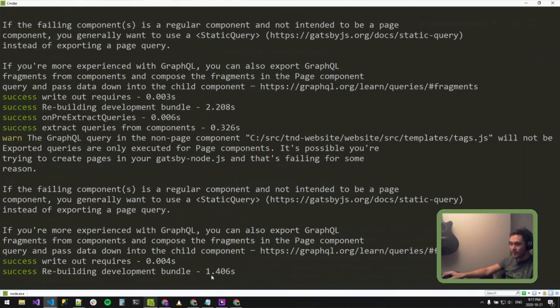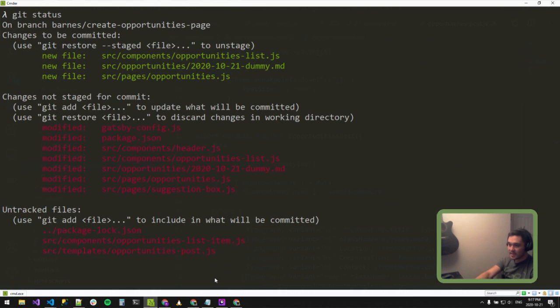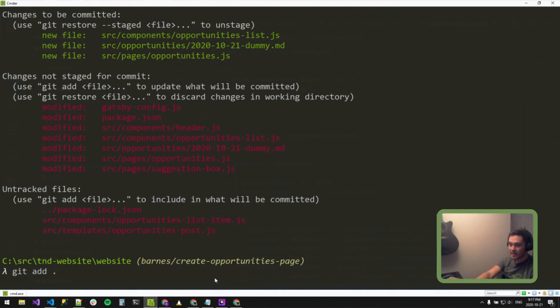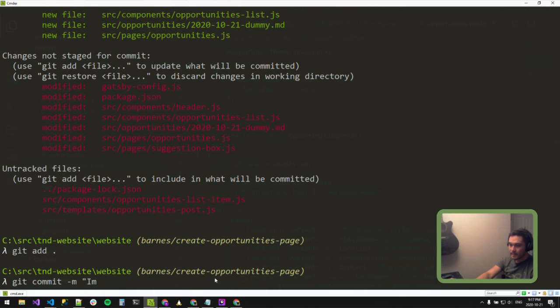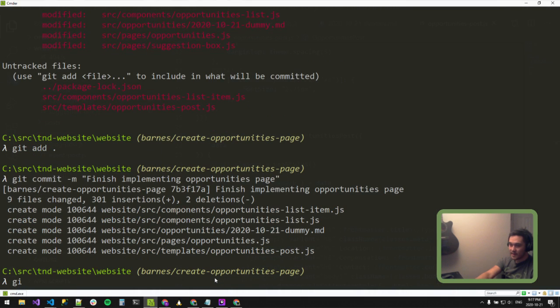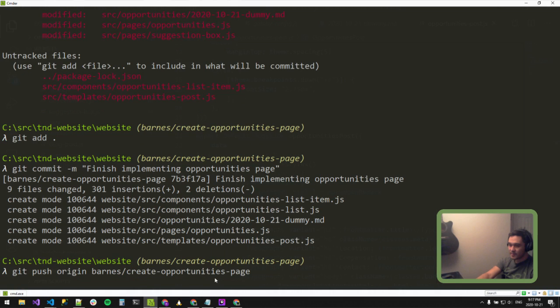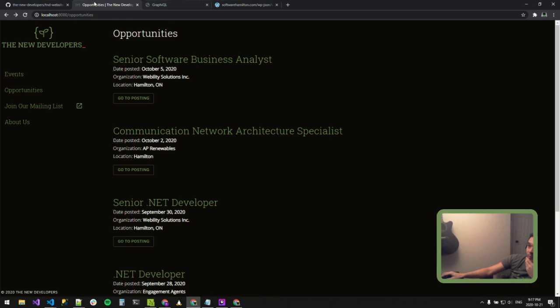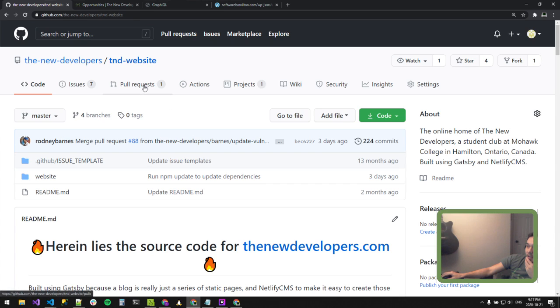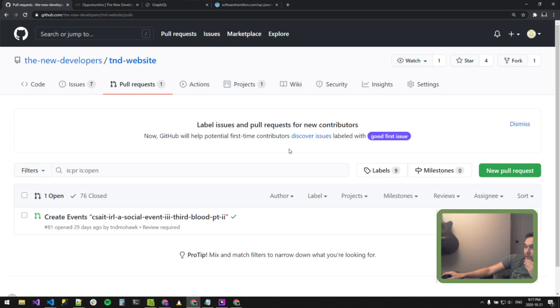Okay, cool. So that is that. I'm going to git status, added all those things, git add -A, commit -m finish implementing opportunities page. And then finally, I'm going to push origin. So that's going to push to the remote. Create opportunities page. And then when we go back to our GitHub here, we should be able to see, hopefully,